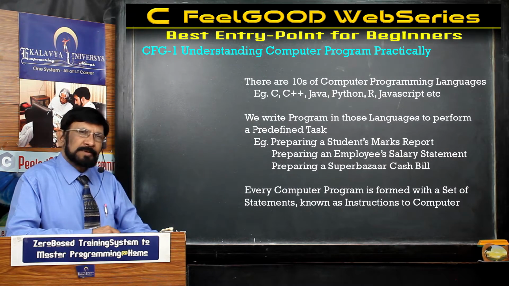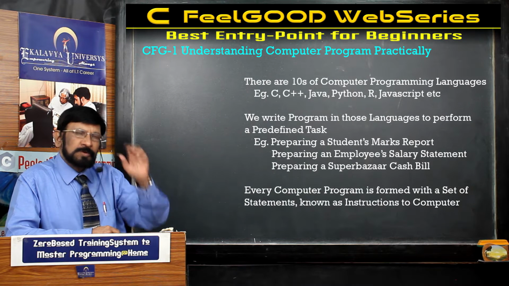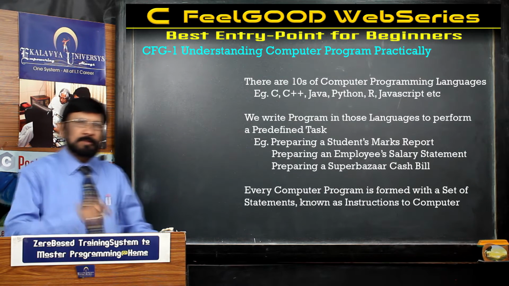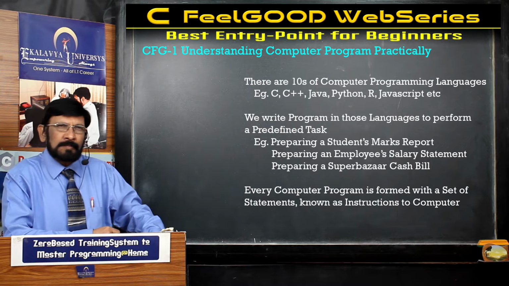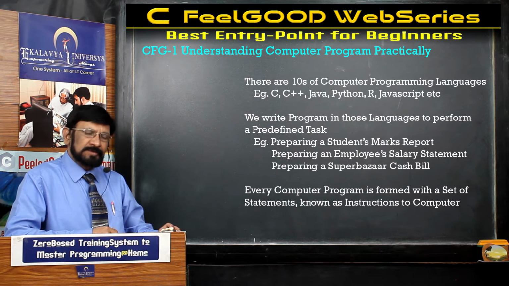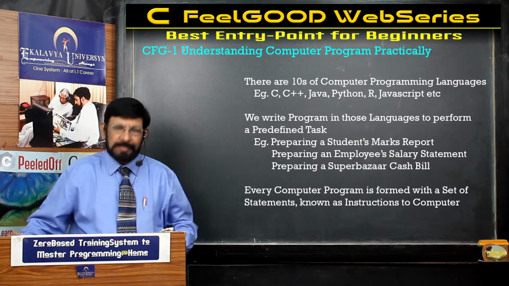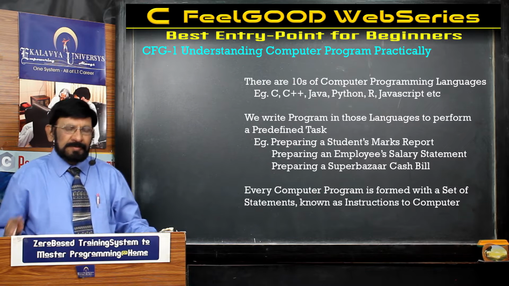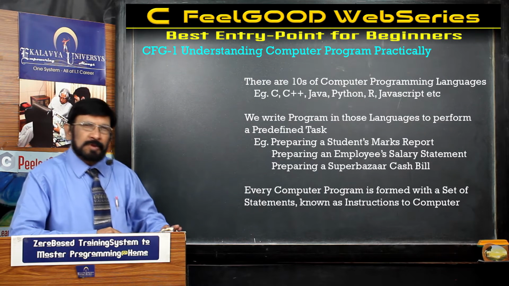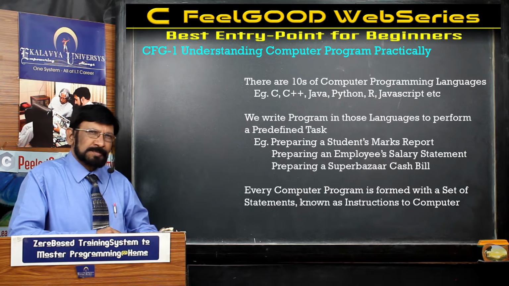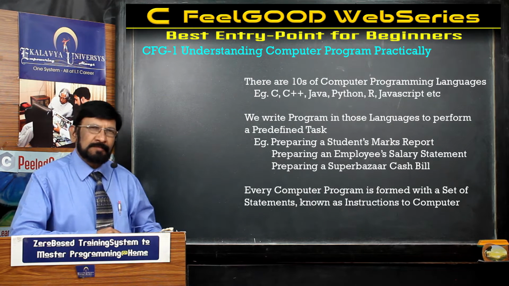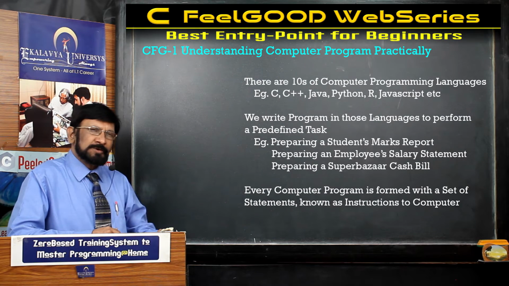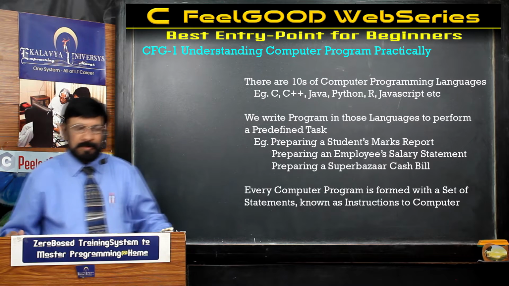Every programming language has its own unique features, strengths as well as weaknesses also. Now, in order to write a computer program, we have to choose one of those languages. Now we have chosen C language. Using C language, we are writing computer programs. In this Feel Good series, totally 16 programs and projects we perform using C. Just a matter of 5 hours we complete everything. 5 hours of lectures I give. If you watch them and practice, you will be in a position to write projects. Okay, that point you have to understand.